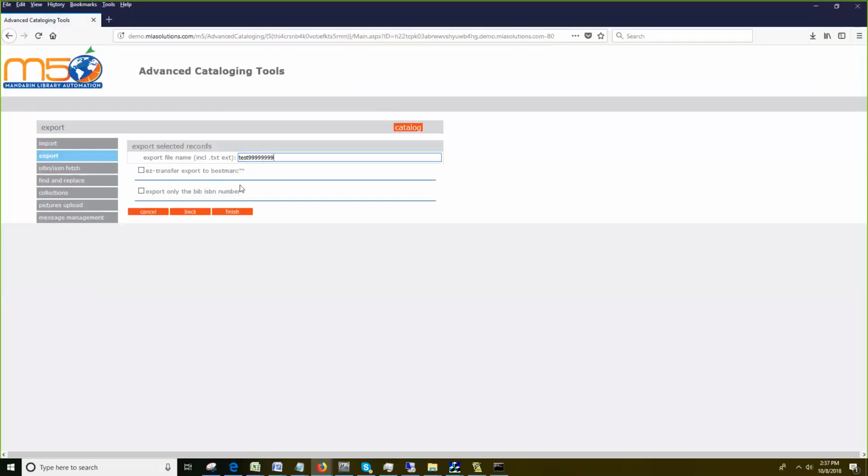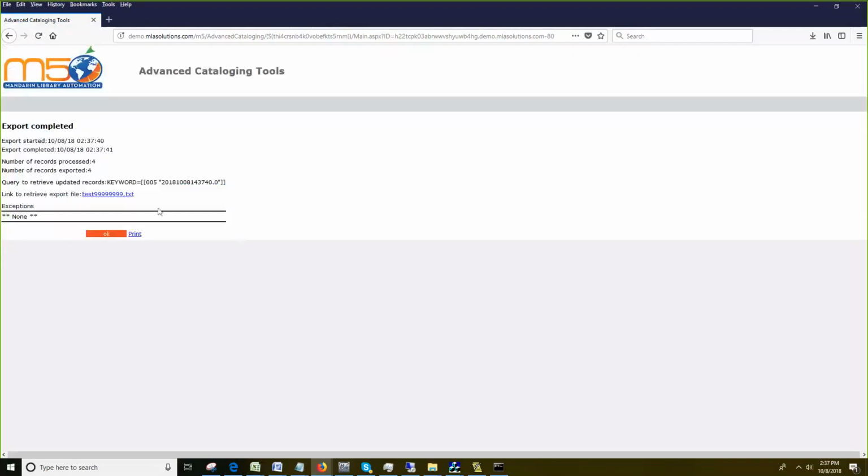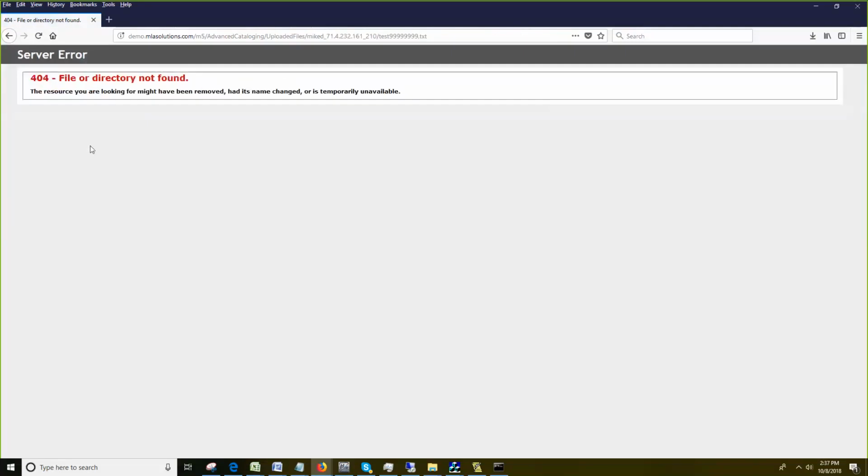And notice I put a .txt at the end. It says it right here, include text. So you must do that. You must include txt as an extension. And then when I click Finish, it exports those records, shows you the file, and then if you click on the file,